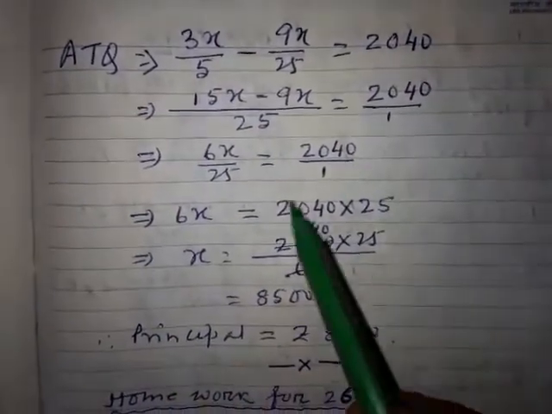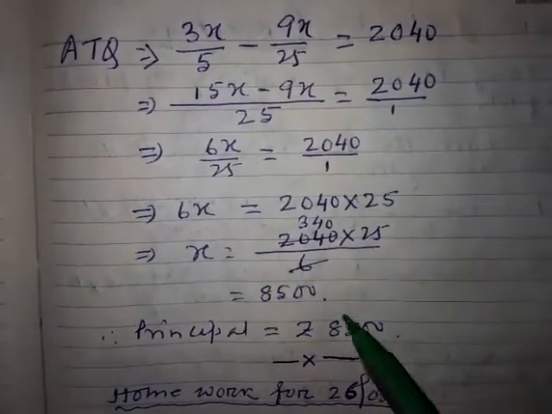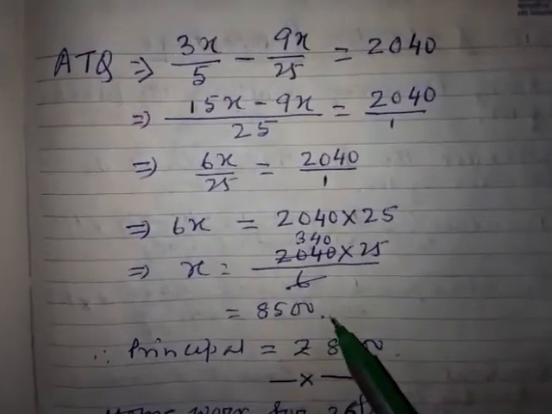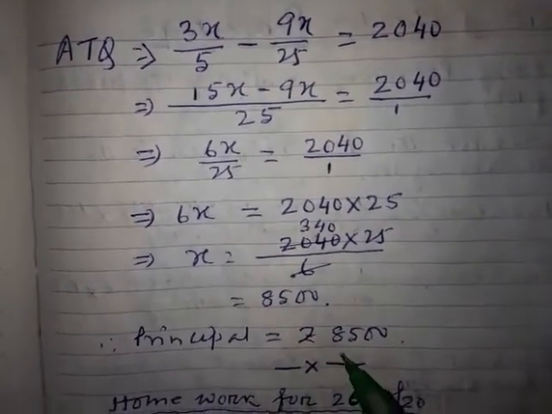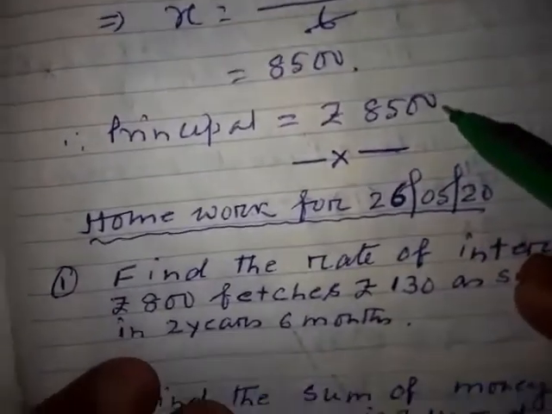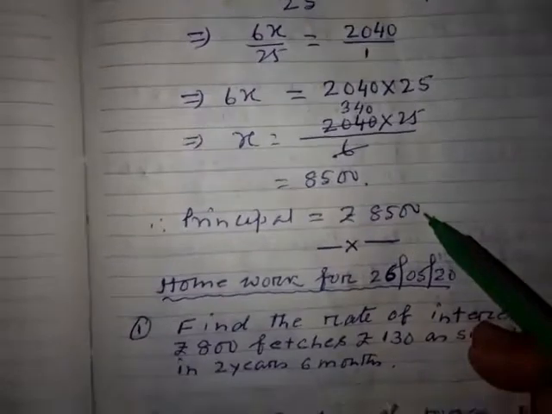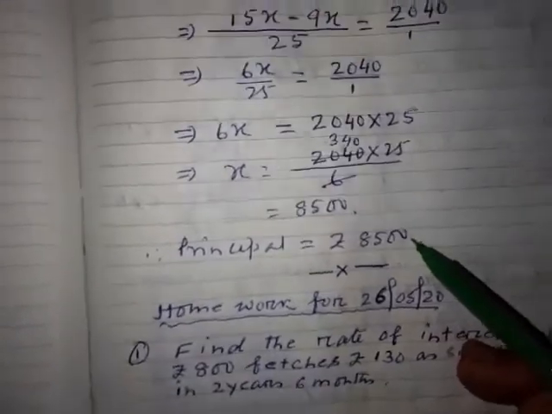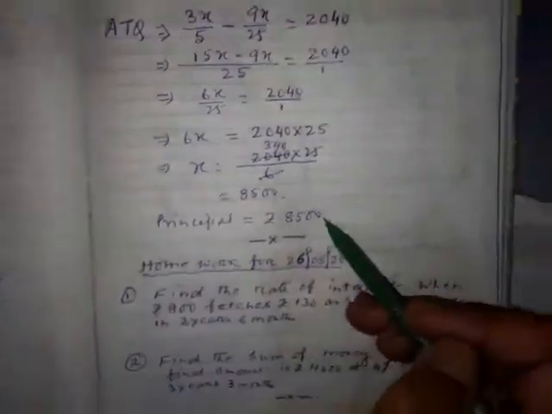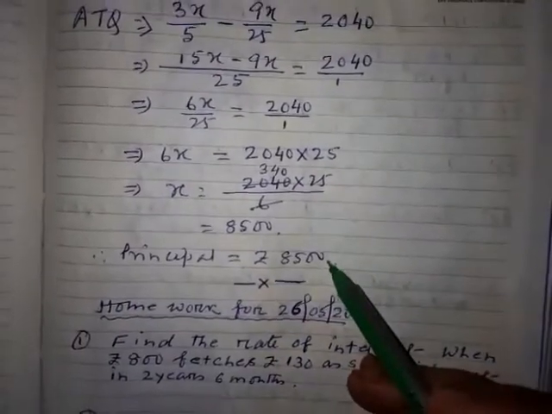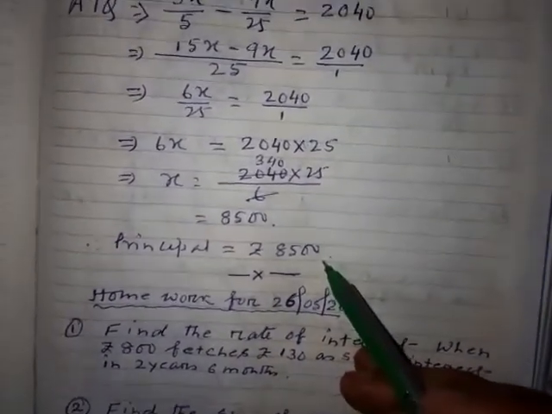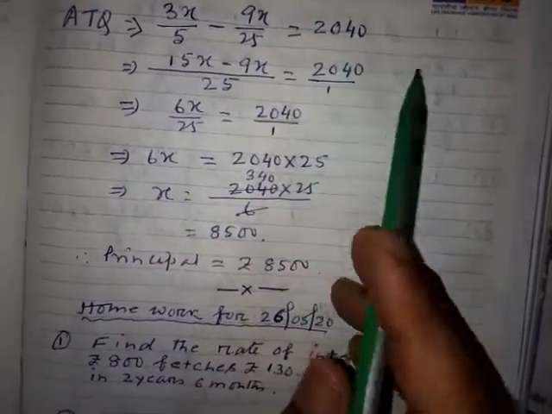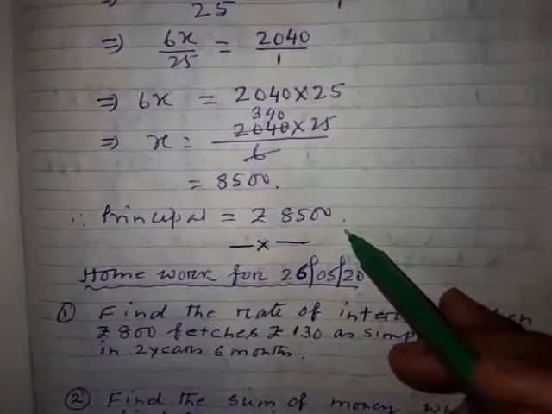After doing all the simplification, you know how to do the simplification, all the steps are shown here. Will you be able to find out the value of x or not? The value of x will be 8500. Therefore, what is the principal? The principal is 8500, because in both the cases the principal is the same. In both the cases the rate is also the same. What is the difference? In one case you get the interest for 3 years, and in the second case you get the interest for 5 years. Basic sense definitely tells us that the interest for 5 years will be more than the interest for 3 years. So the difference between the interest of 5 years and 3 years is 2040. So you got the value. What is the principal? Okay.